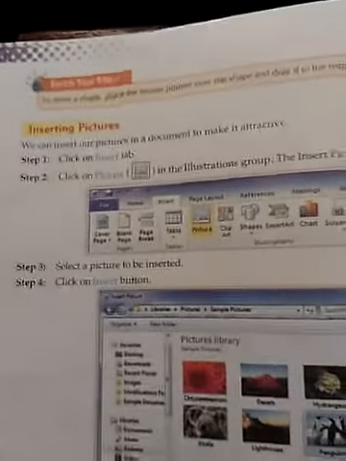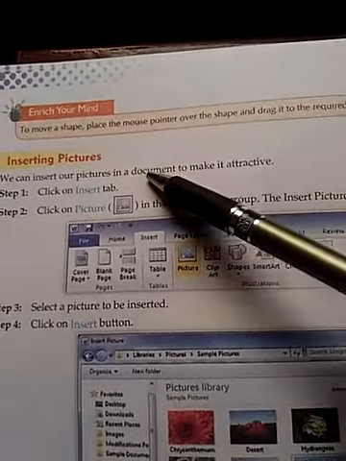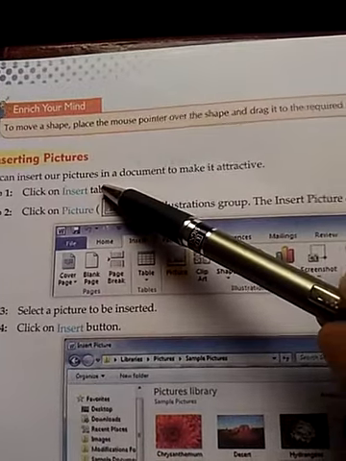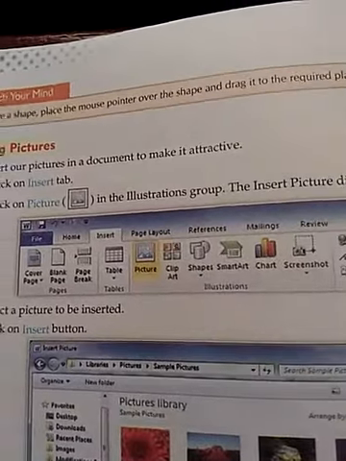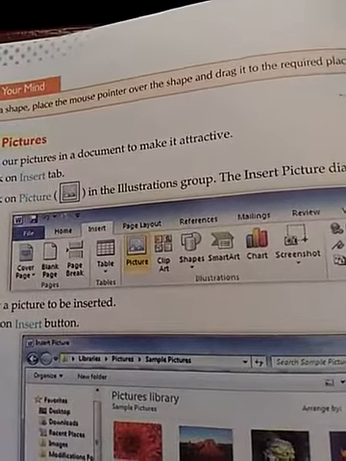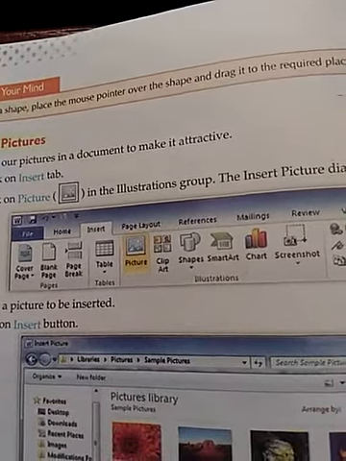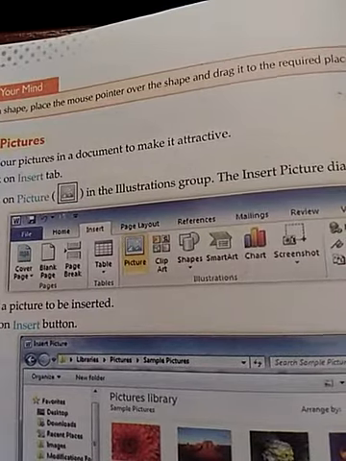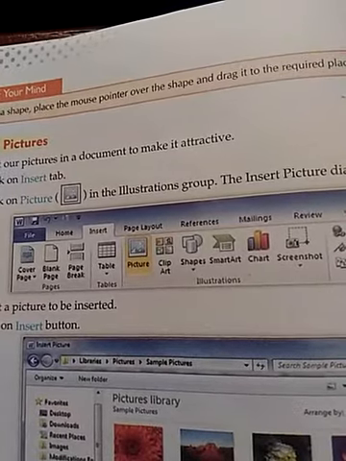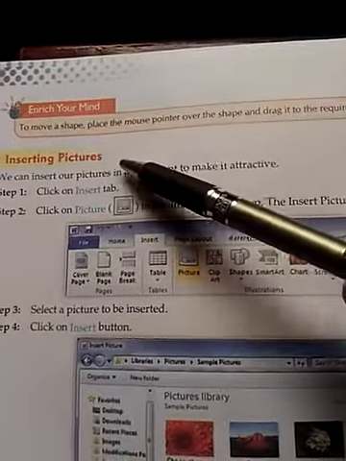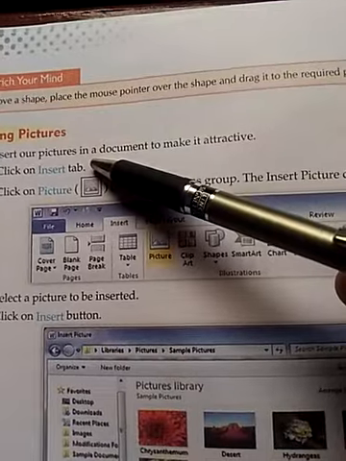Now inserting picture. How can you insert the picture? Just by clicking on the Insert tab. On Insert tab you will find the picture option. Means a simple logic is this: whatever thing you want to insert in the document from outside, all those things are present under the Insert tab. As we have said, we are inserting something. So if we want to insert something, then that option will be present on the Insert tab. So if we want to insert the picture, this option of inserting the picture is available on the Insert tab. Click on the Insert tab.